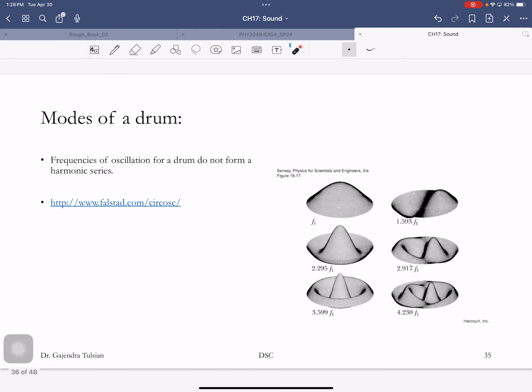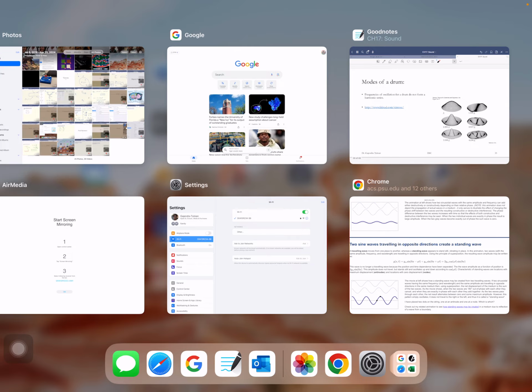A drum head is different. So here's the lowest frequency, here's the next higher frequency. See, it's not an integer multiple of the lowest frequency. Here's the next higher frequency and so on. So these are not harmonics. Let me show you a